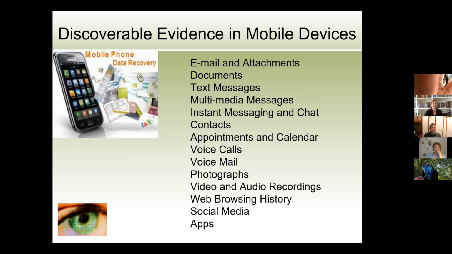Oh, cool. Note taken. The discoverable evidence that we can get, this is sort of the short list. When we first started, it was pretty much just contacts like you see here in the middle. Then we started getting some text messages and calls. So we had calls and texts and contacts, but then the list has gotten way more dramatic here. And you can see that we can pretty much get everything now. And here at the bottom, of course, the most important word on this whole slide is apps. It's all about the apps now.